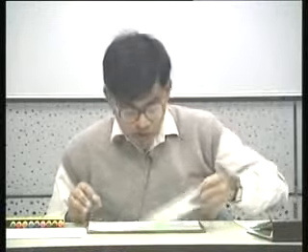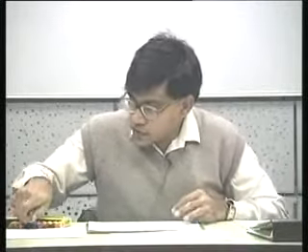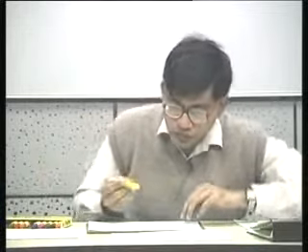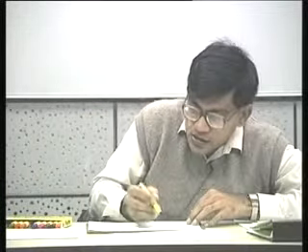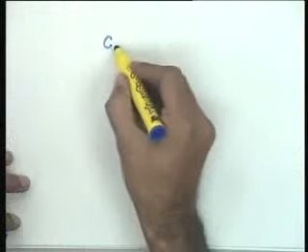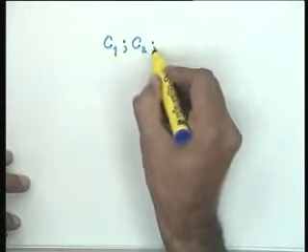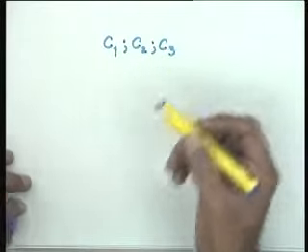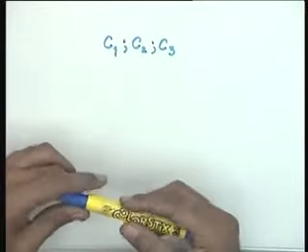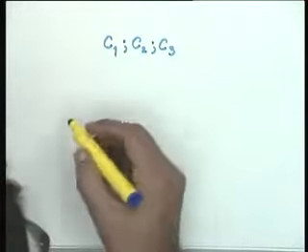So let's see how that happens. For example, you could have three commands. So let's assume you have C1 semicolon C2 semicolon C3. These three are either atomic or compound commands, I don't care, but